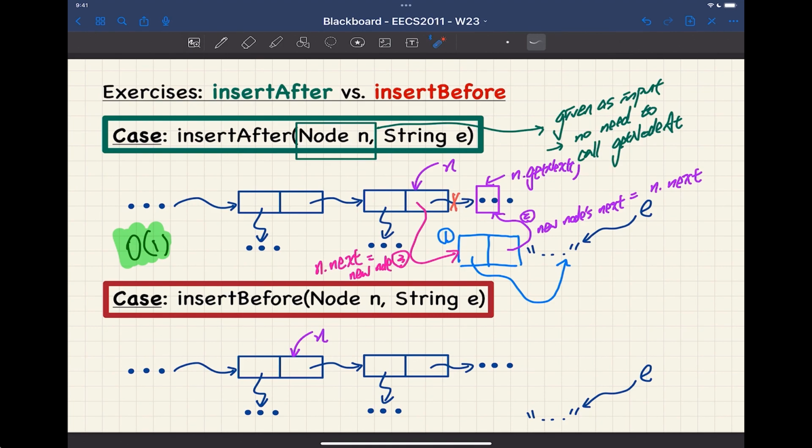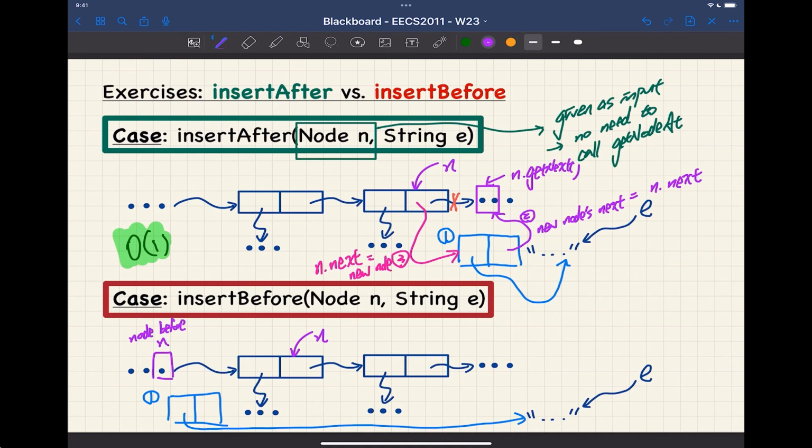Because in order to insert before, you have to make sure you can set the previous node's next reference to the new node. Let's now try to sketch the idea quickly. What I'm going to do is, first of all, create a new node over here, let's say 1. And then that node is going to point to, for the element field, over here. This is the element. And then we have to make sure we also find out where the previous node is. You can think about this one here as the node before